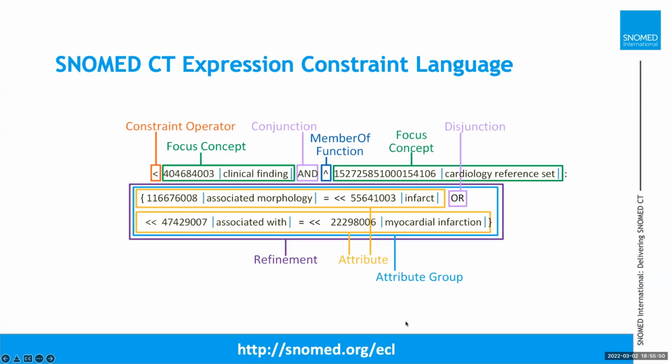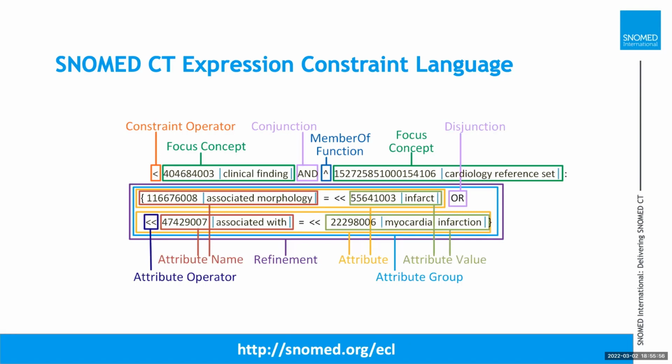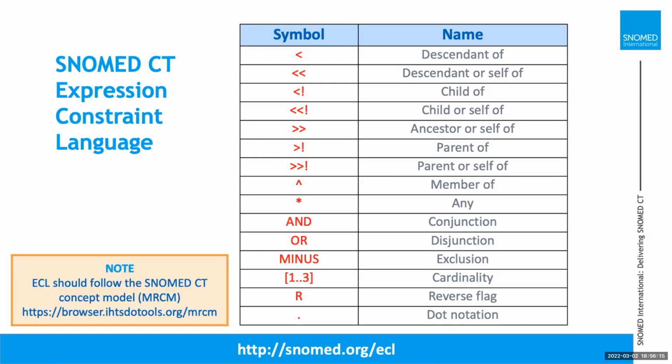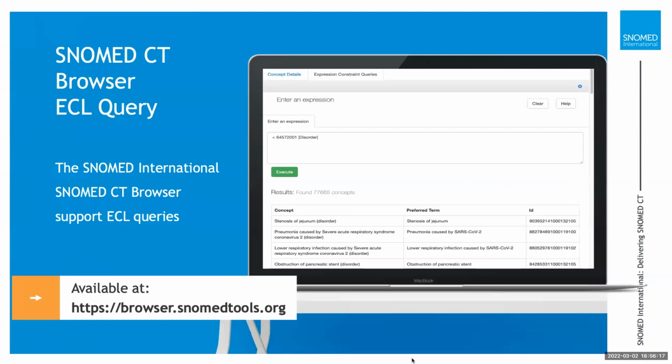And here you see an example of disjunction, which is also possible. This diagram illustrates all the different parts that can be included in an expression constraint. And in this document here, you can read the details about how it's used and what it does. These are the symbols, and this is what each symbol does. And the next set of slides,